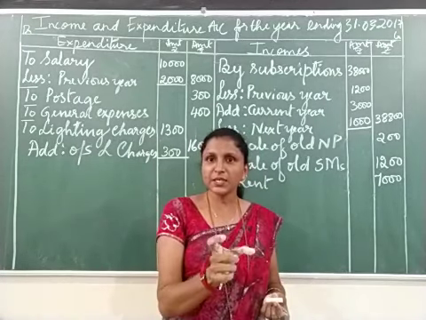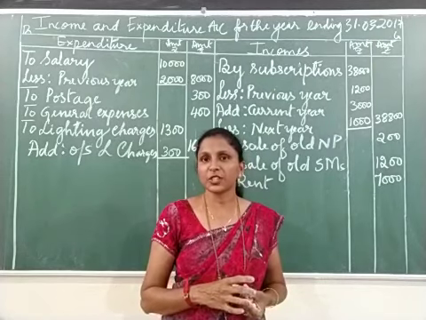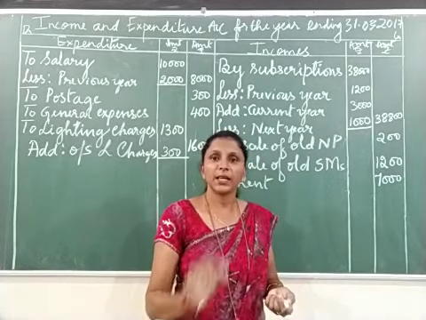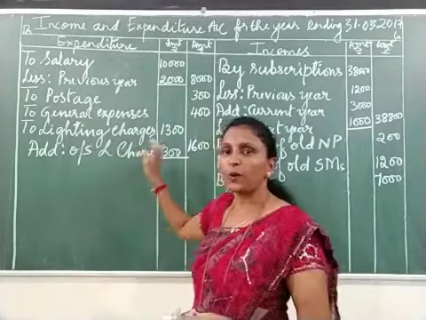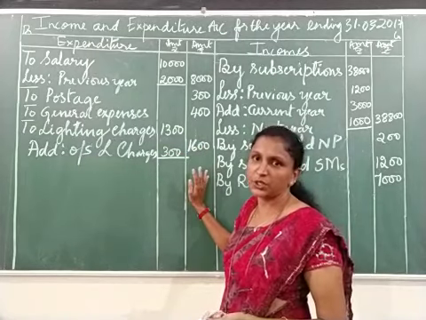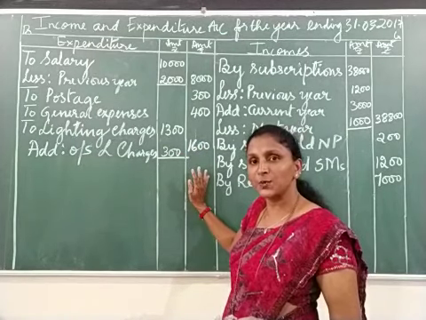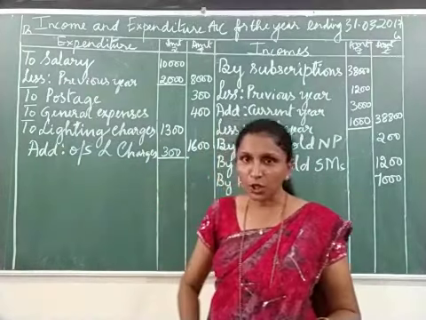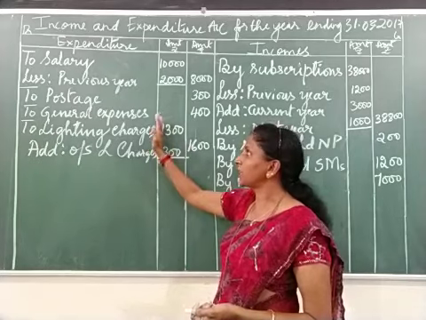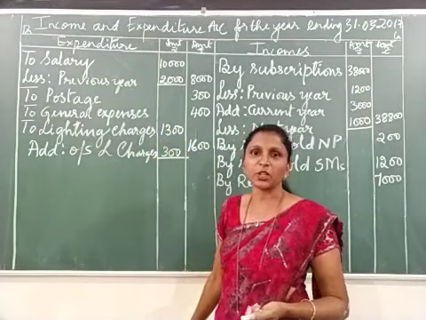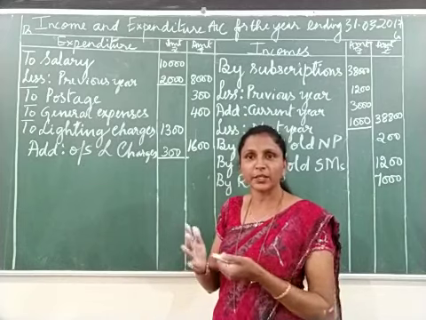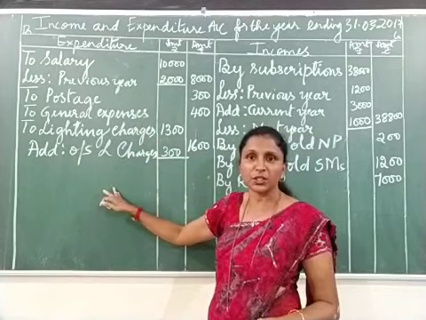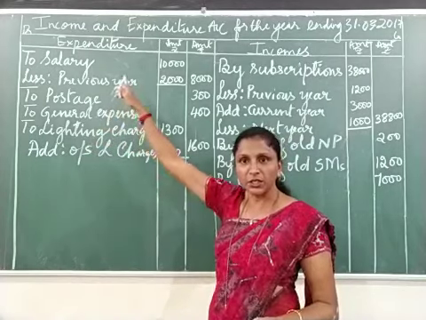But the depreciation, it is a revenue item, we said. Every year we are charging depreciation. So therefore underline depreciation. Depreciation is a revenue item. So once it has to come to income and expenditure account. So it is an expenditure or income. I told you it is actually not an expenditure. It is a loss. But as it is a loss, we write it along with the expenditure because expenses and losses are written together. So depreciation we consider here as an expenditure and we write on the expenditure side or debit side.